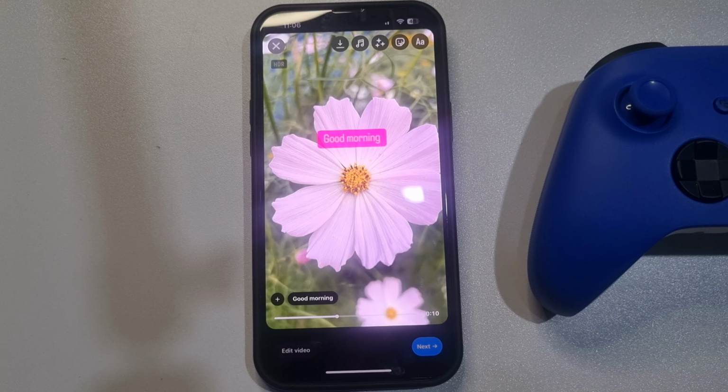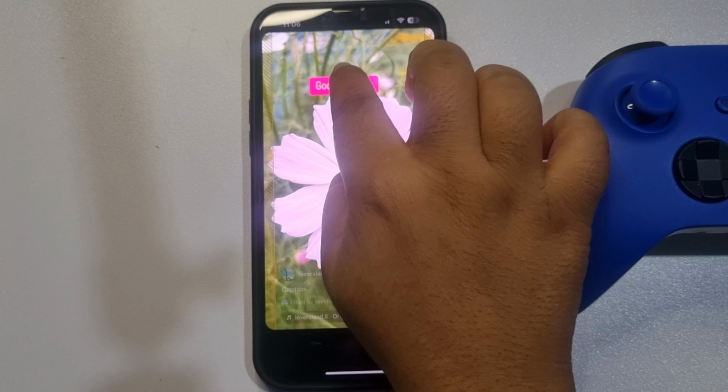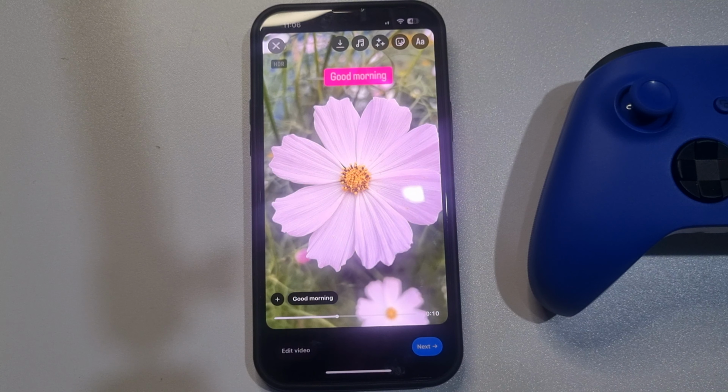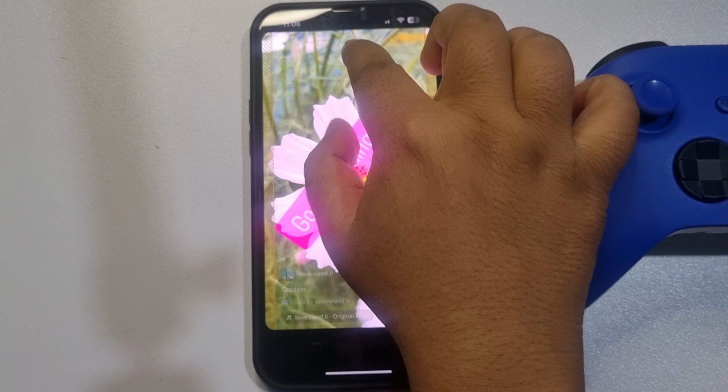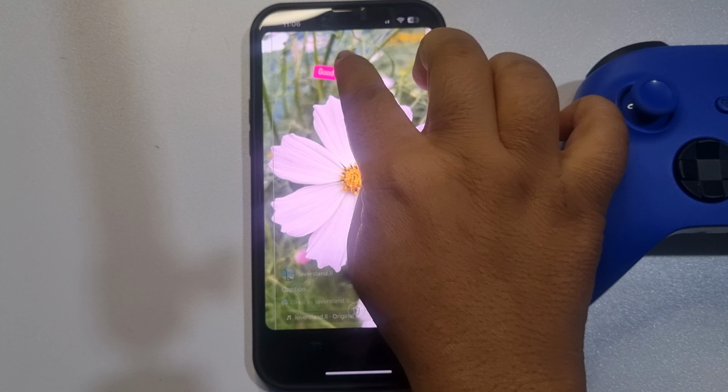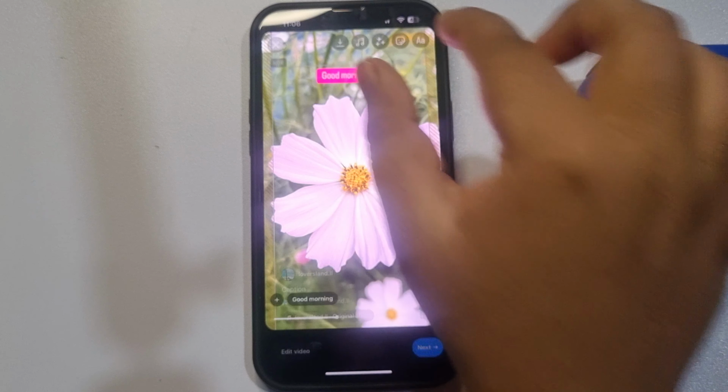To change the position, you can drag and you can change the text position like this. To make your text bigger, you can do it like this. You can also rotate the text. Once the text is added,